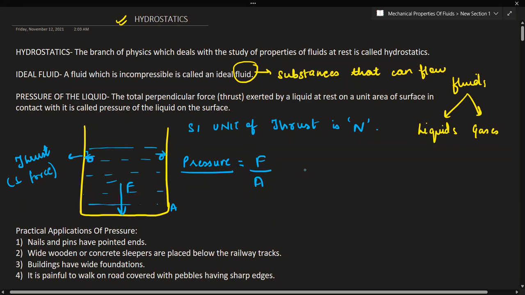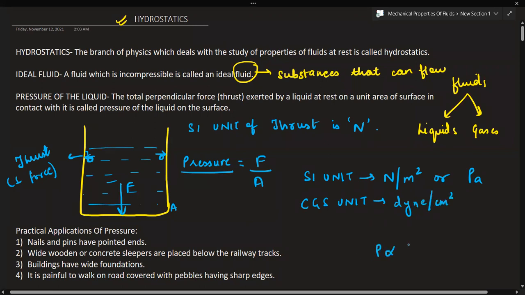As we have seen in the case of stress as well, force per unit area, the SI unit was Newton per meter square. So that would remain the same for pressure as well. Newton for force and meter square for area. So this is Newton per meter square, or you can say 1 pascal also. And in the CGS unit, as we were discussing in the previous question, that would be dyne per centimeter square.